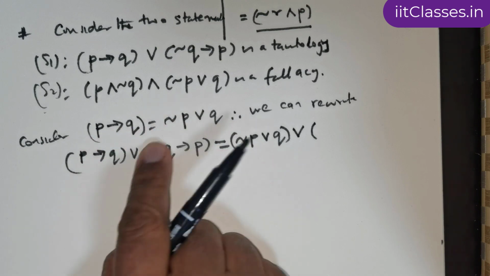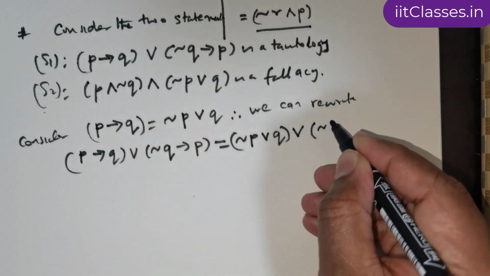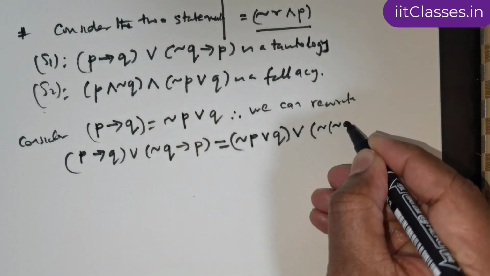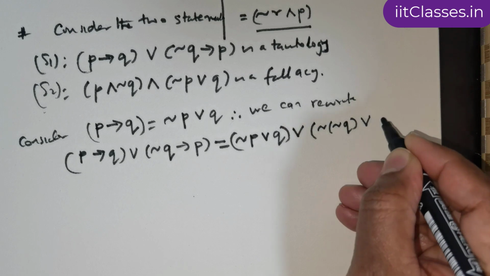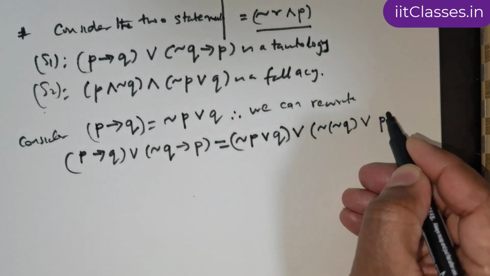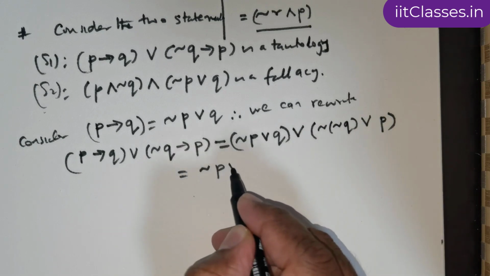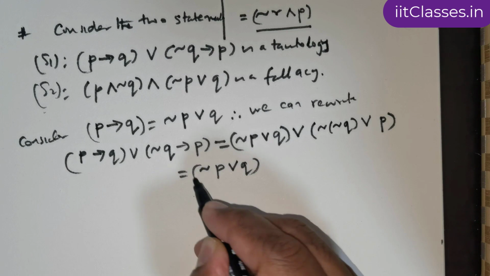I am going to be applying the same formula over here. So this is going to be negation of negation Q disjunction P, right? So this is equal to negation of P disjunction Q